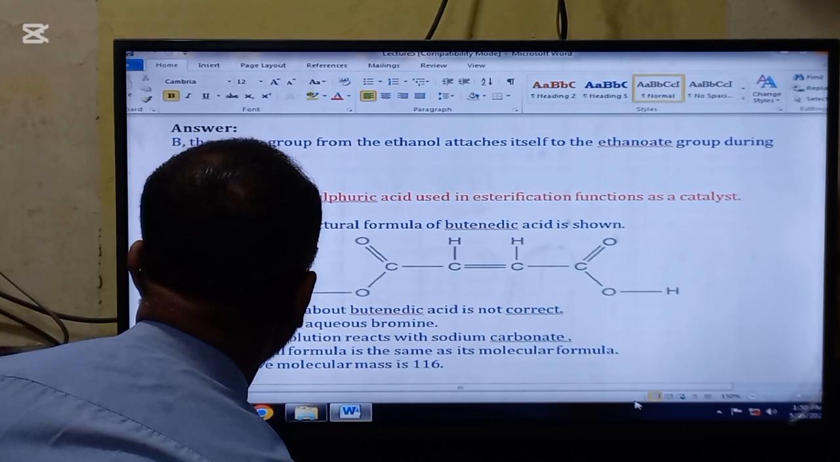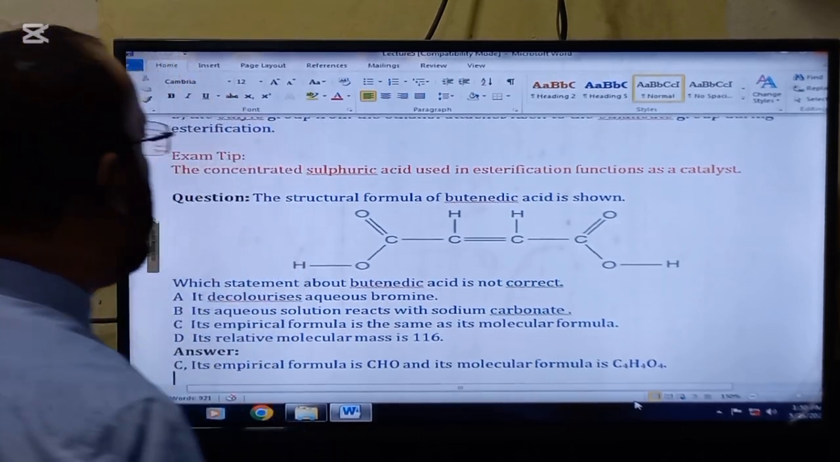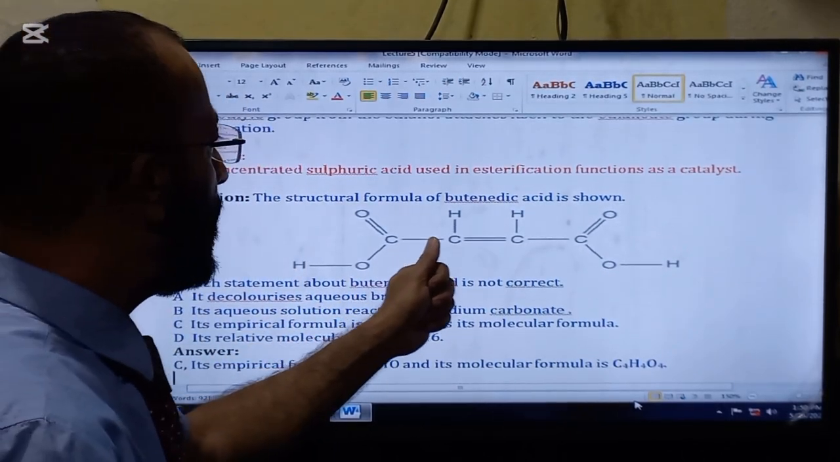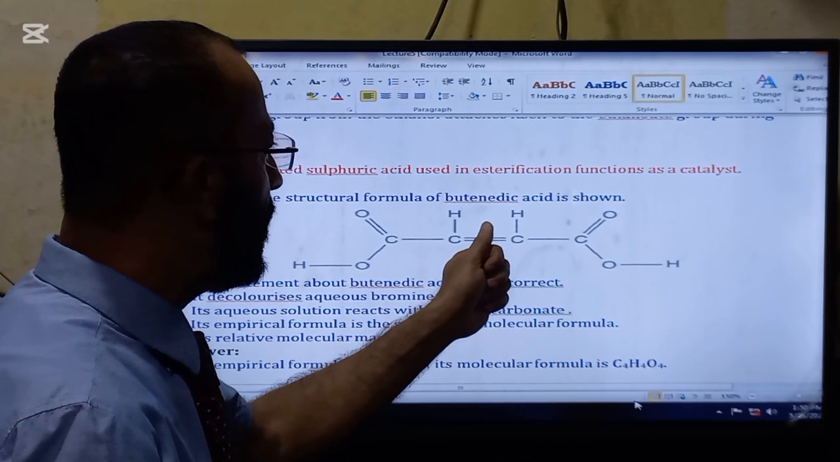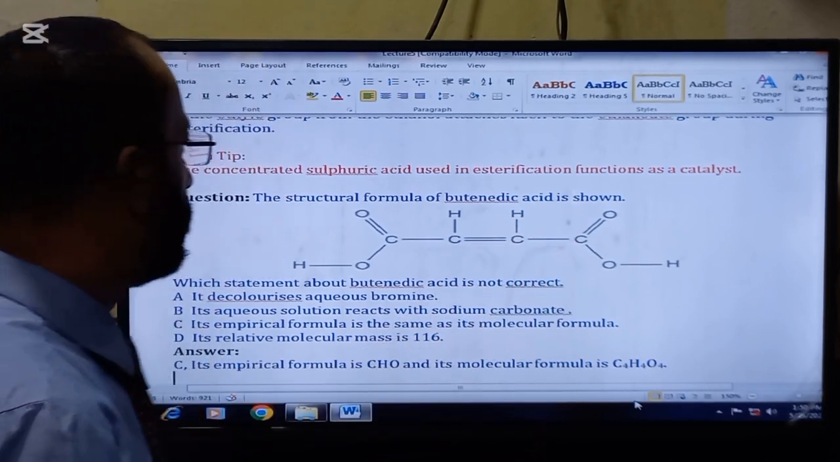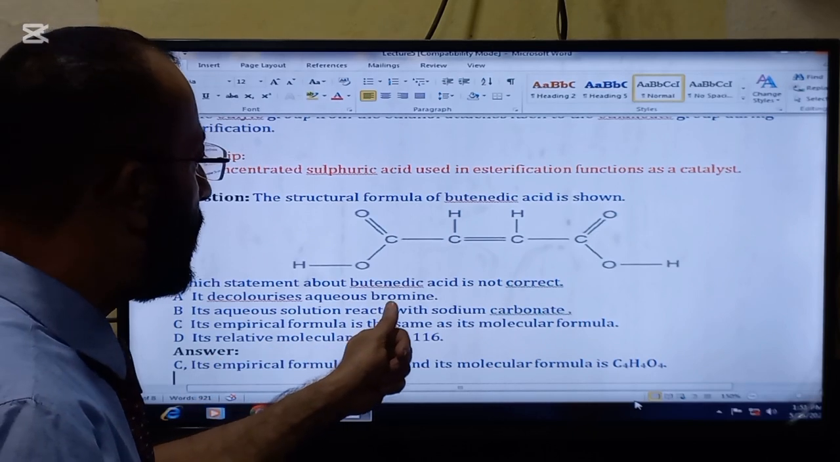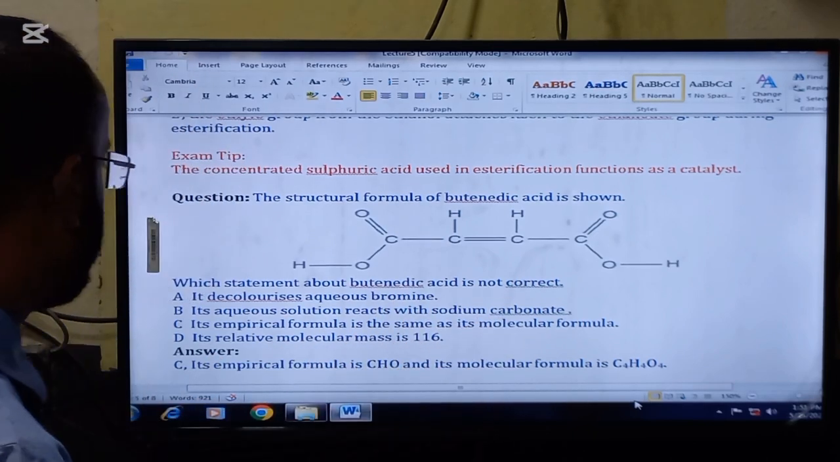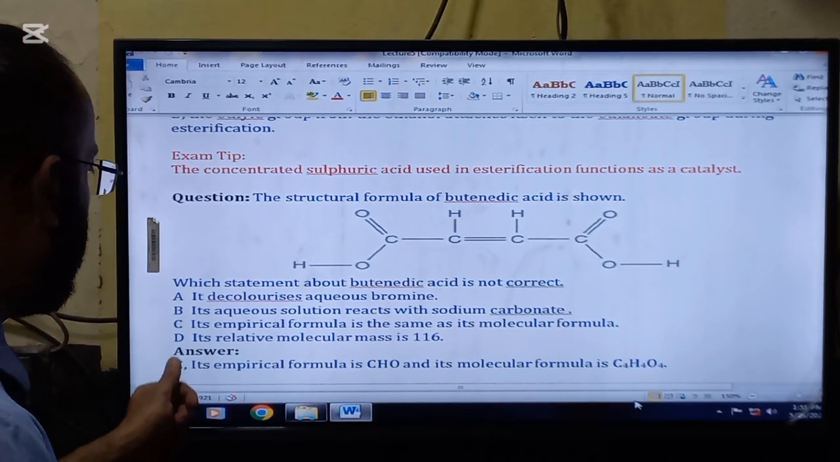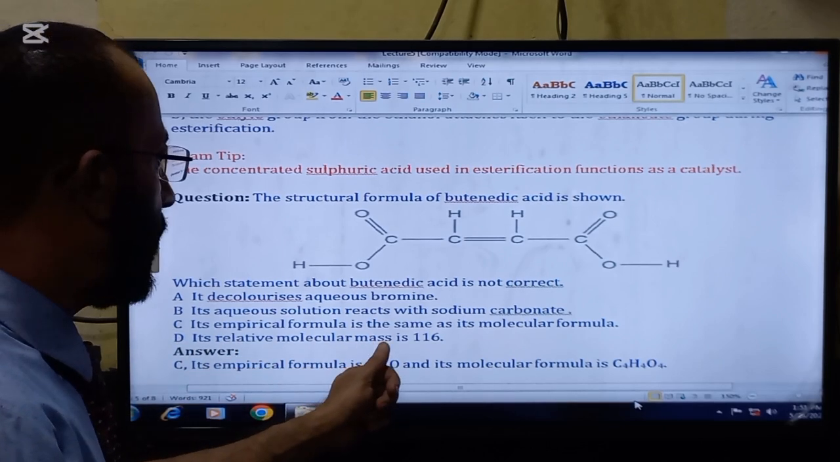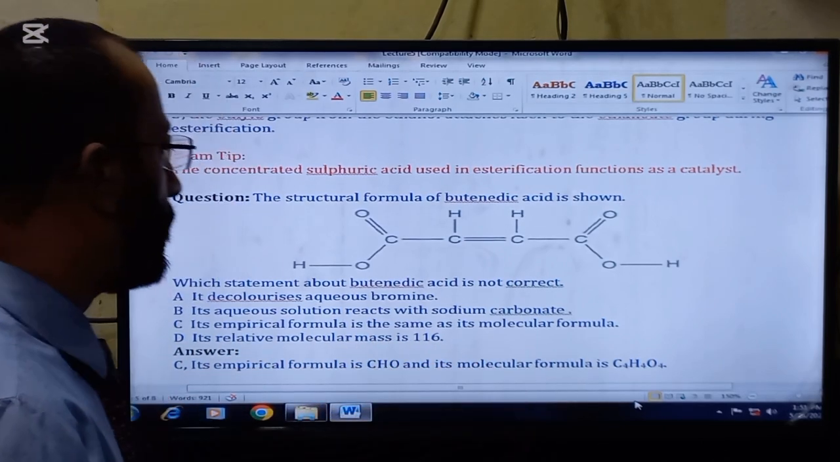Another question is here. The structure formula of the butanoic acid is shown. Which statement about the butanoic acid is correct? C is the answer. Its empirical formula is the same as its molecular formula,